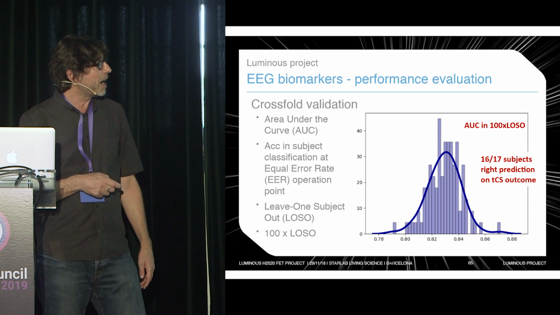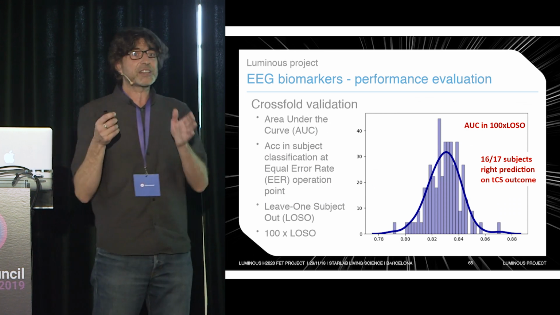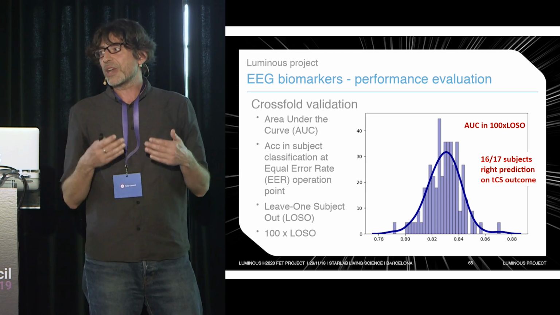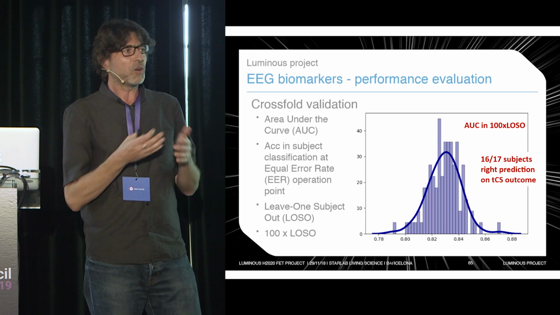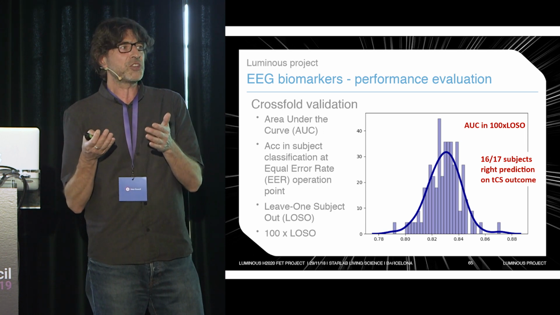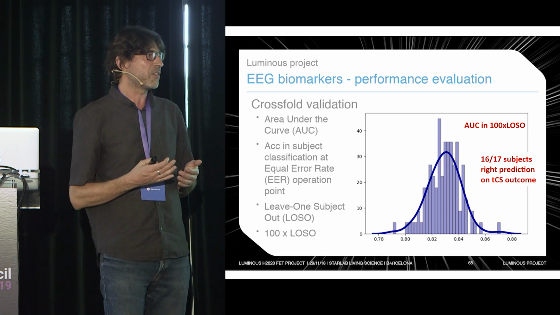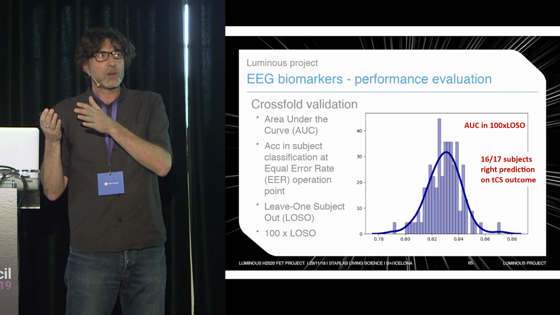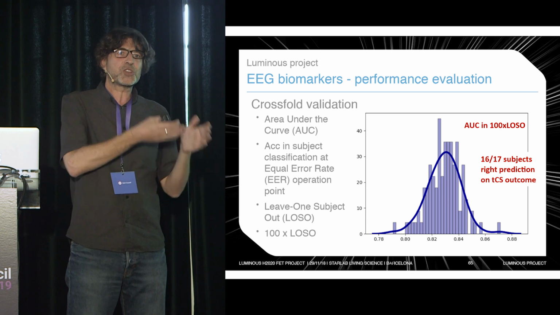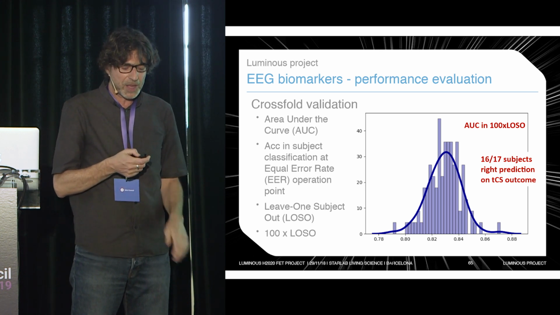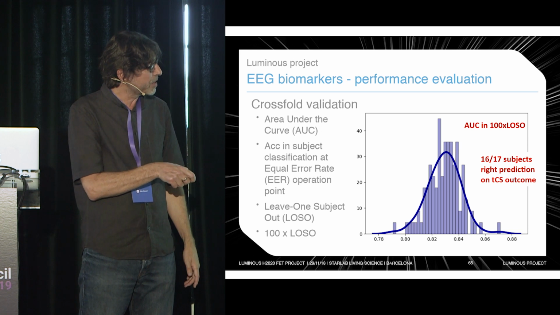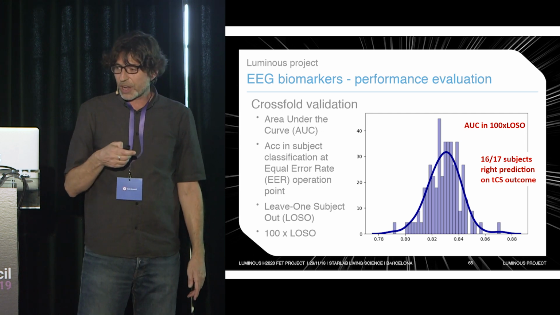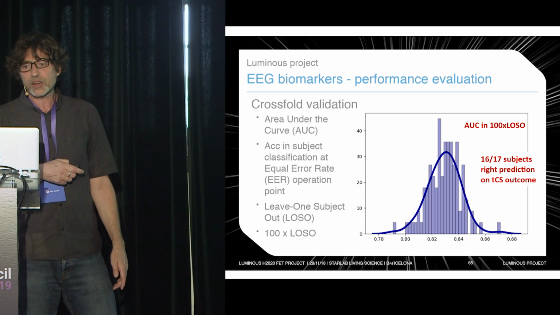In this case, we apply leave-one-subject-out validation. So we are always taking all the data of one subject out of the training phase, because we think this is reflecting the operational conditions where you are going to use your system later on. So basically, there will be a subject whose data has not been used for training that will be presented to the machine learning system. And the area under the curve in this case, in 100 repetitions of this cross-fold validation stage, was more or less 84%.